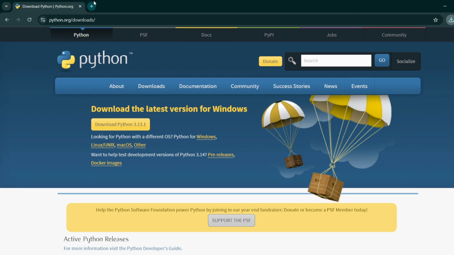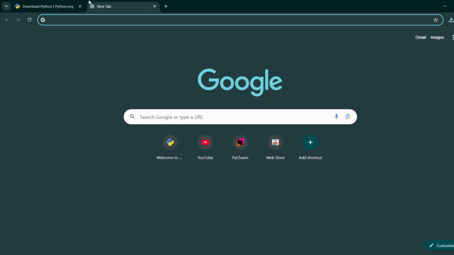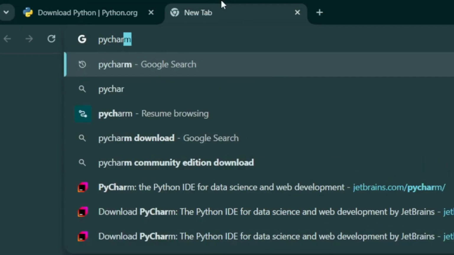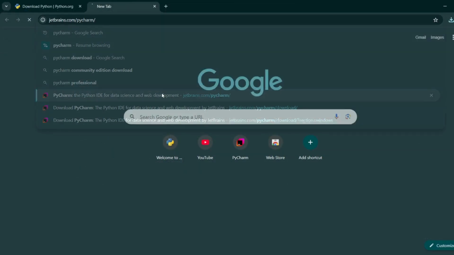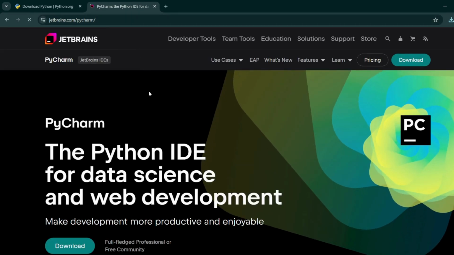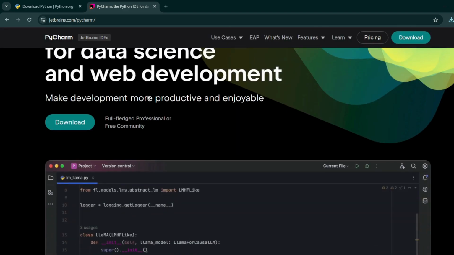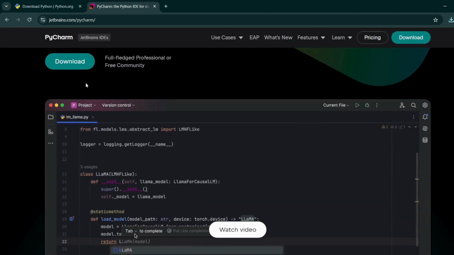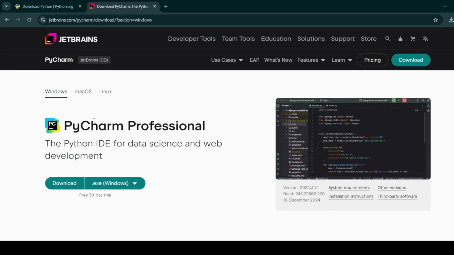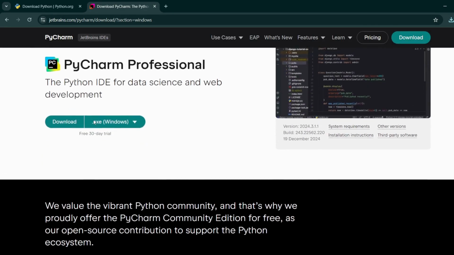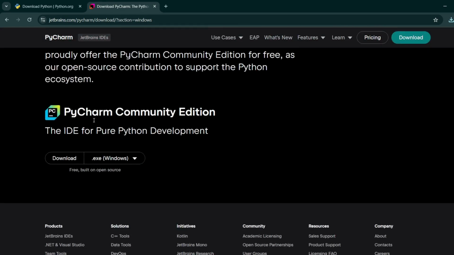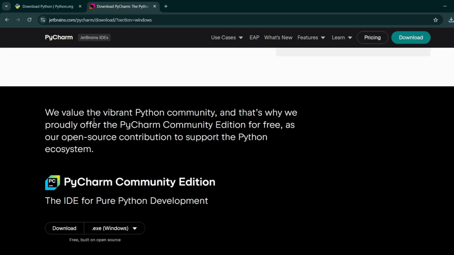Then we also require an editor. So now we head to PyCharm. This is a website. Don't worry, I'll put the link in the description down below. Now we click download. There are two versions, PyCharm Professional and PyCharm Community Edition.